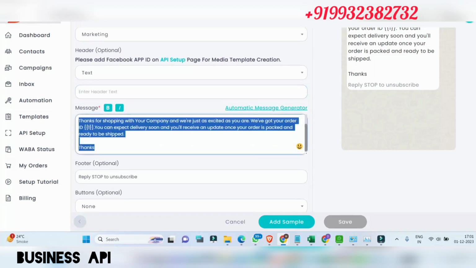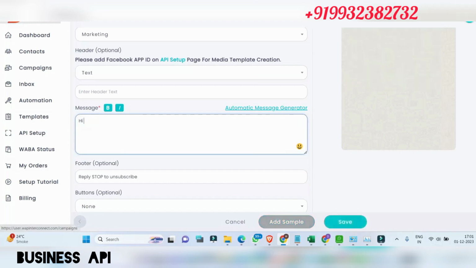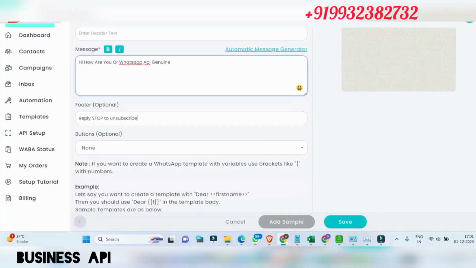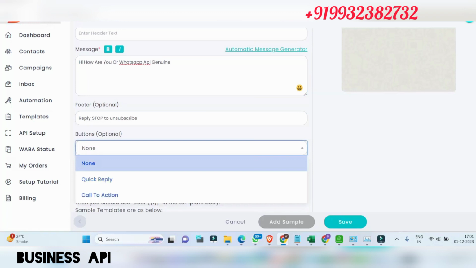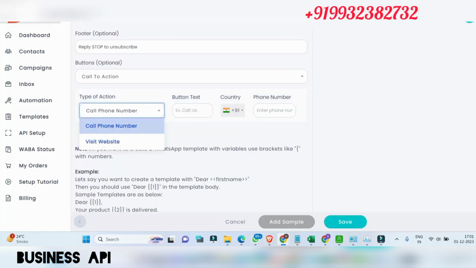We can type in our message here, like, hi, how are you, or WhatsApp API Gen 1. After that is our footer part. Button: if you want to select a call to action button, then we can select phone numbers.